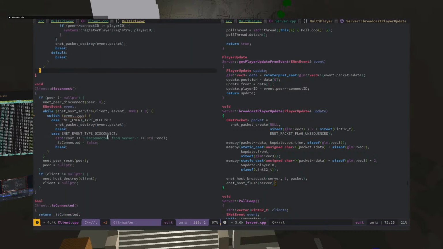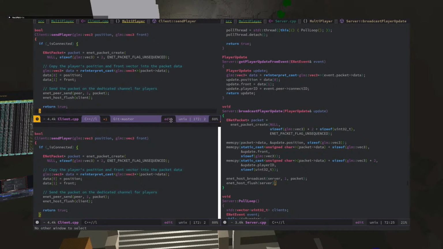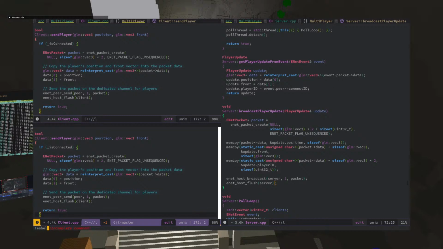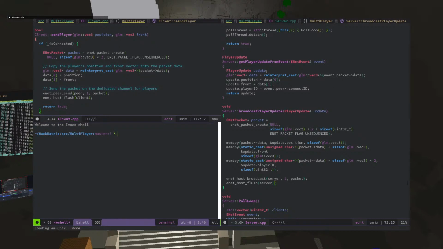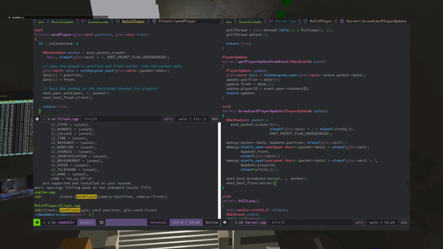But okay. So then there is the send player, and so this is being spammed. Okay, so let's see how it's being spammed. So to do that, I'll back out here, go to the source, and then I will ACK for send player. So it should give me the definition and the usage. There it is in the engine.